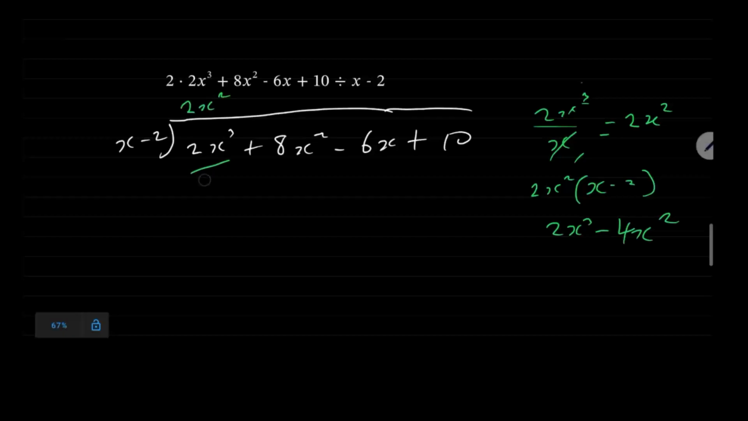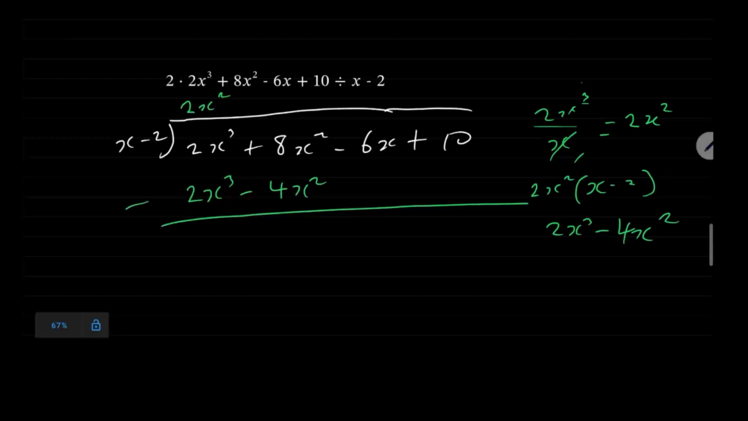All right, now let's clean this one here, and then we have 2x squared times x, we're going to get 2x cubed. 2x squared times minus 2, we're going to get minus 4x squared. Now these ones we can leave for now, and then we are going to subtract, and then we get our remainder. Now 2x cubed minus 2x cubed is obviously 0, and then 8x squared minus